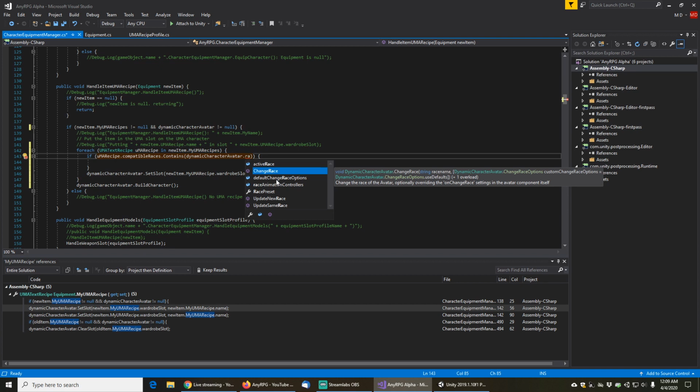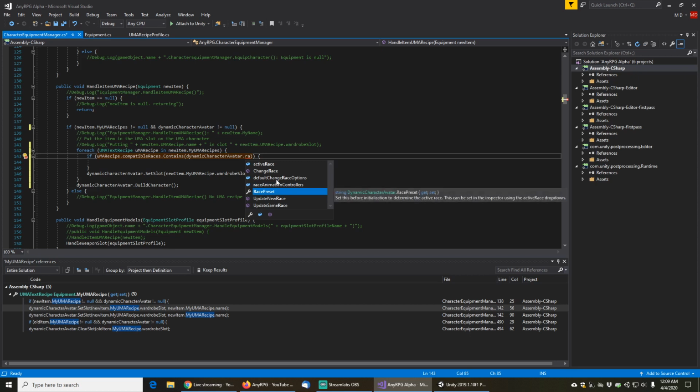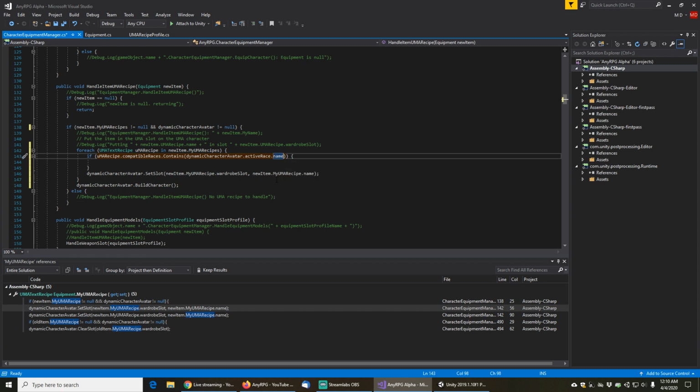Change race, race and a race preset. Update same race. Okay, so I think active race probably has its own, yeah, there we go, that's good. Name. Perfect. So the name is a string,